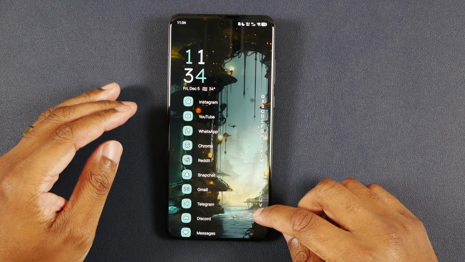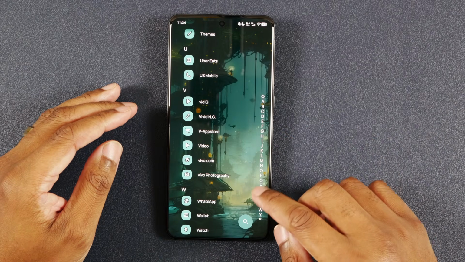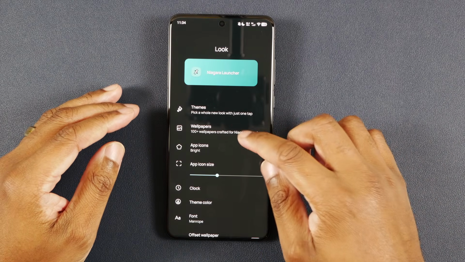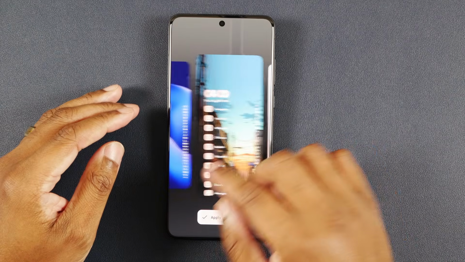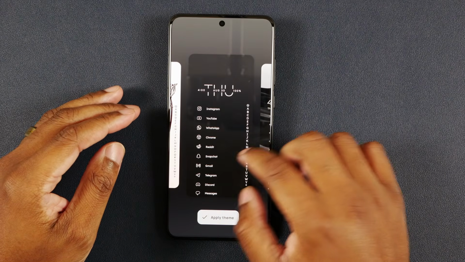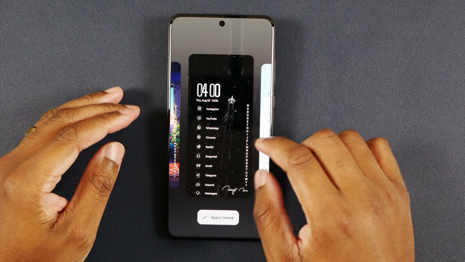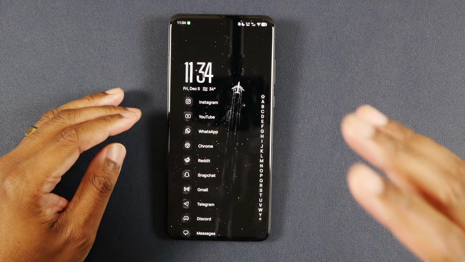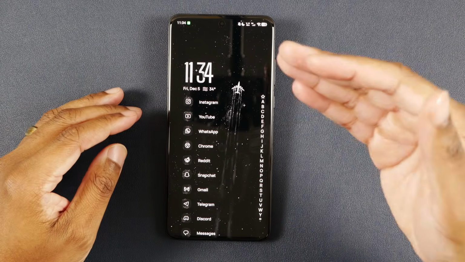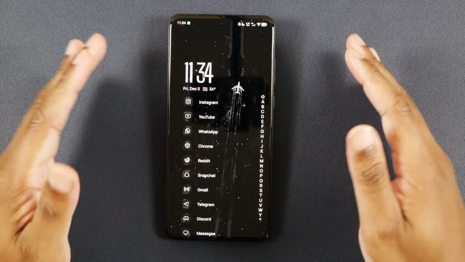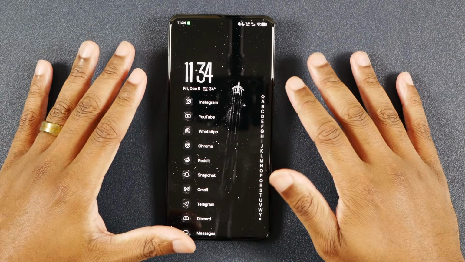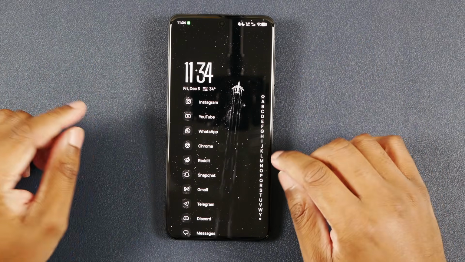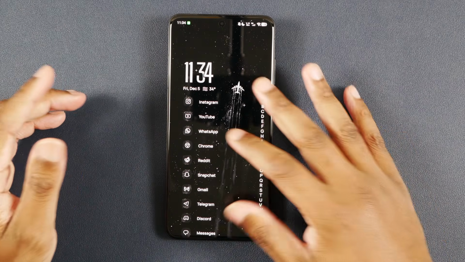You can even go into the settings and change your look and things like that. So let's just go in and apply another thing. You can change your icons, you can change how your time looks, and you can change what's displayed. It works, and it works pretty well until, let's say, you're in an app